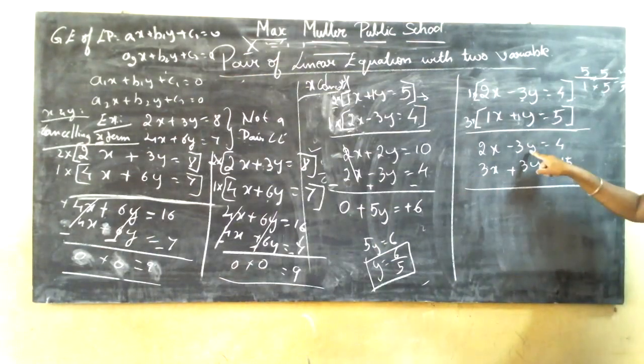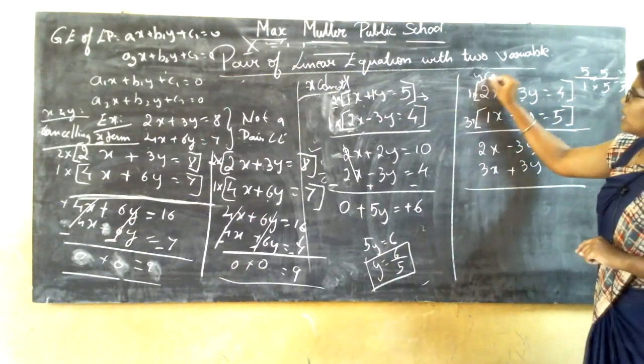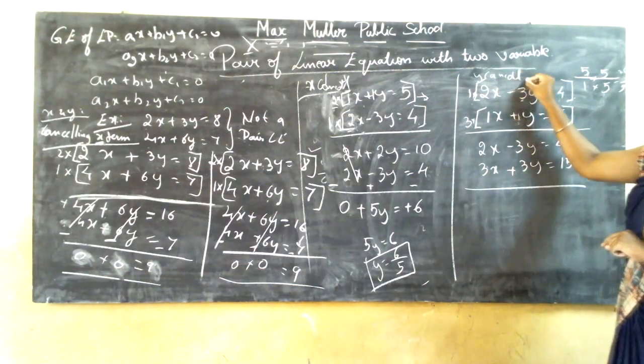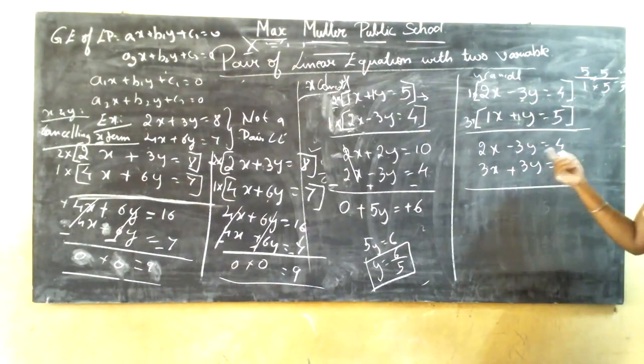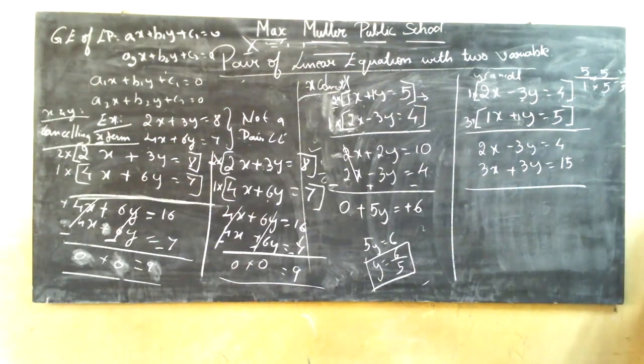See here, by what cancellation are you doing? You are doing y cancellation. If you are doing y cancellation, you should only see the y terms. Here it is minus, here it is plus. So initially, in the equation they have only given the sign change. Here it is not required that you change the sign, because one is plus and one is minus. You can directly cancel it off.